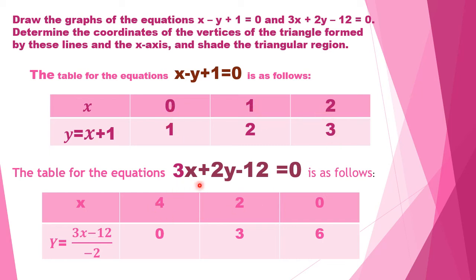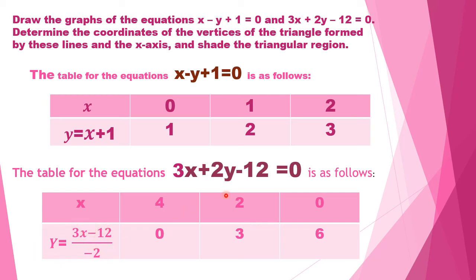The same steps will be performed in this table also. You have to move 2y to the right side, you will get minus 2y and then divide by minus 2. So you will get the value of y. y is equal to 3x minus 12, which is already over here. And then we moved minus 2 by transposing minus 2 to LHS from here. So we got 3x minus 12 upon minus 2. This is the value of y. You write both the LHS and RHS in this column itself.